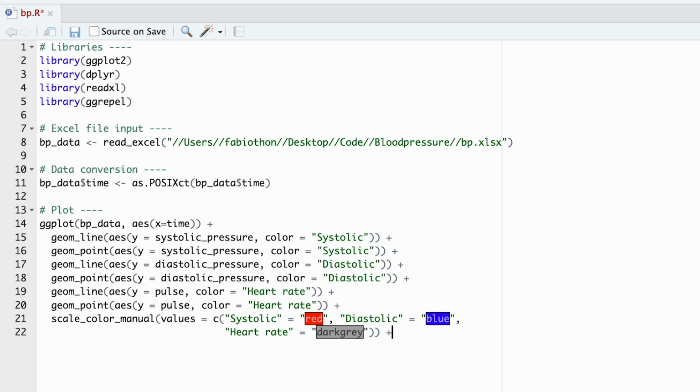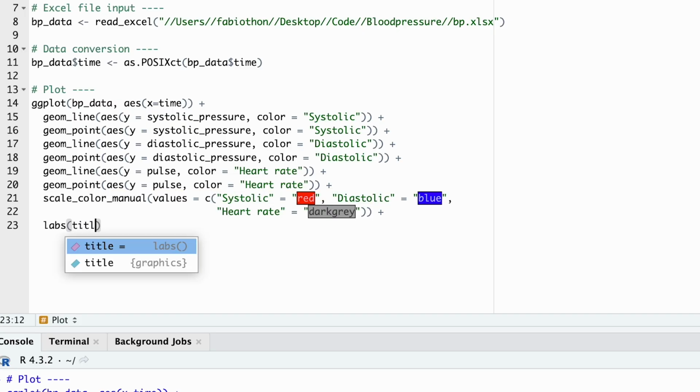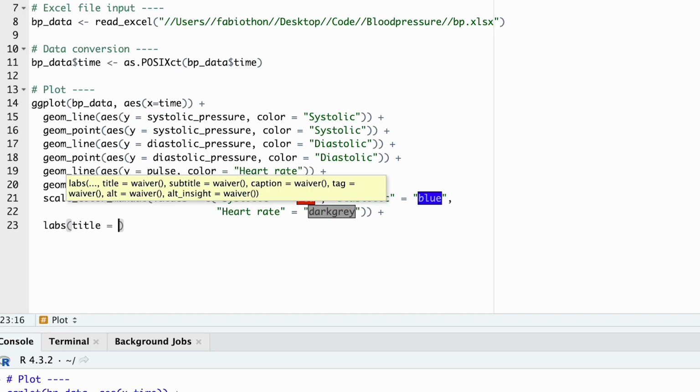And what we also can add is now what we call labs. Labs is the term basically just to make the plot scientific and to make the plot way more understandable. And that's with a title, subtitle, and all the other things that come with it. So let's go back to our screen. So we have a title. Let's call it blood pressure